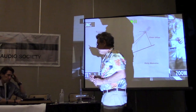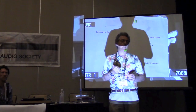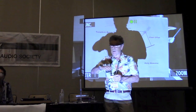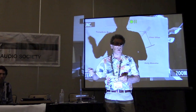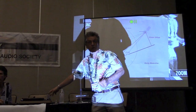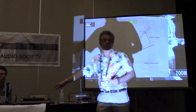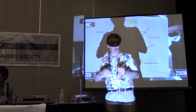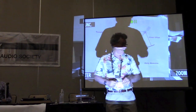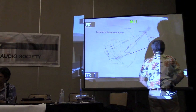And in the 1930s, Baerwald and Lofgren and an English writer figured out that there has to be this overhang to minimize distortion. And there also has to be an offset angle to the head shell. That can either be accomplished at the head shell, or you've seen S-shaped tone arms. Either one works. So if you look at this chart,